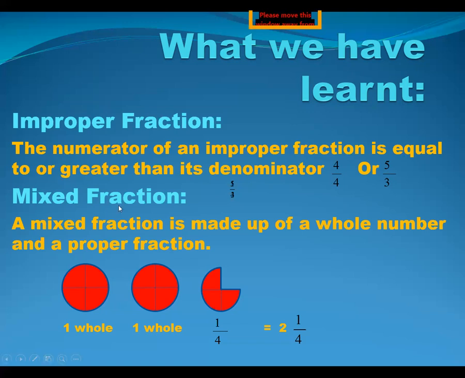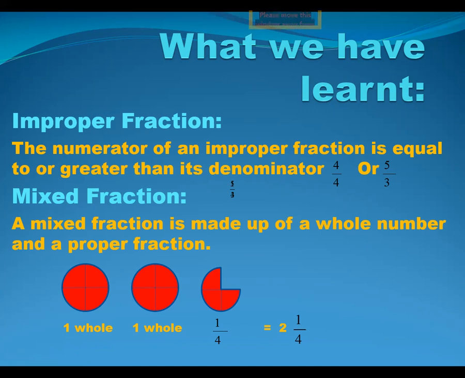Then on the other hand, we have the mixed fraction. As its name suggests, it's a combination, a mixture of two things, a whole part and a fractional part. Whole part means the complete part and the fractional part means the incomplete part. So over here, 1 plus 1 will be 2. It means two whole pizzas, and the third one is incomplete. That means only a quarter part has been eaten. So your mixed fraction will be 2 whole 1 upon 4. These were the definitions we have done already, and we have repeated them so that you can remember them.